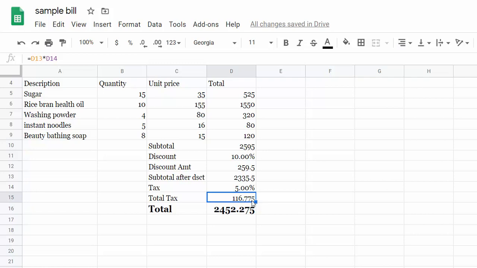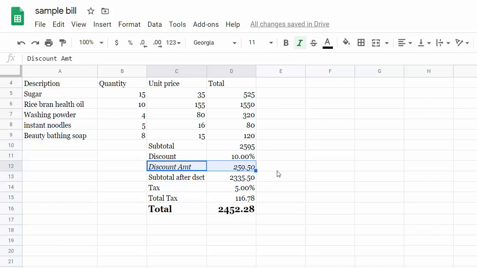Next, this is a currency. So you want only 2 numbers after decimal point. For that you can make use of this to increase and decrease the decimal places. Now here there are 3 decimal places and we want only 2, so we can reduce it, whereas here there is only 1 decimal place and we want 2, so we can increase it. Same here, we can increase it. If you want to make text italic, you can use this. For example, I will make this as italic.